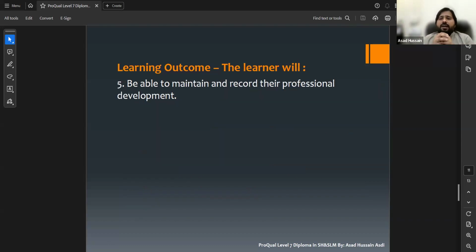So here we have the last learning outcome for this Unit 4 of the ProQual Level 7 Diploma in Strategic Health and Safety Leadership Management. Here we have: be able to maintain and record their professional development. It is what is required. I have told you earlier that someone working in management, whether in top management, middle management, or in a supervision role,